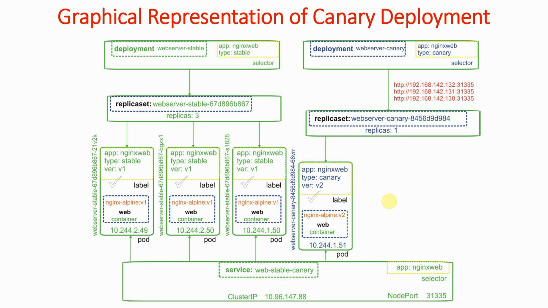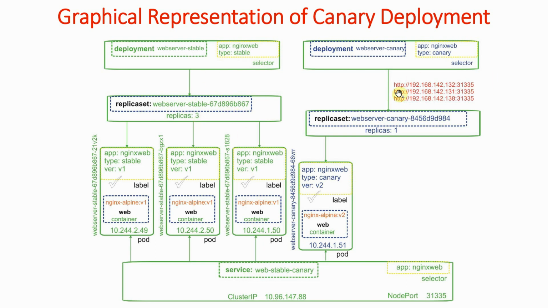That means if you are testing a version, then you can send some traffic. Suppose this application is not stable, what we can do is delete this deployment, or we can choose some other selector so that it is going to point towards this deployment only. So that is your canary deployment.